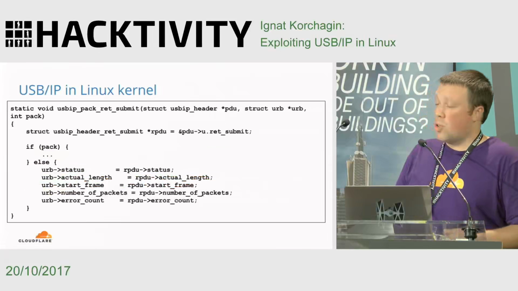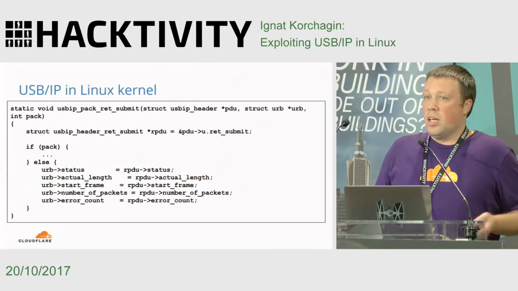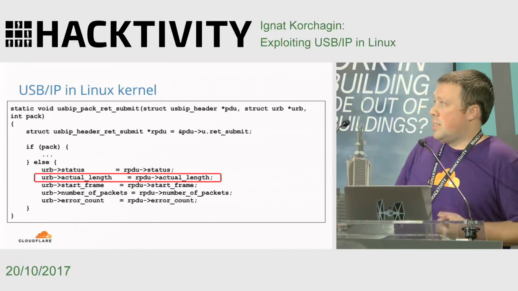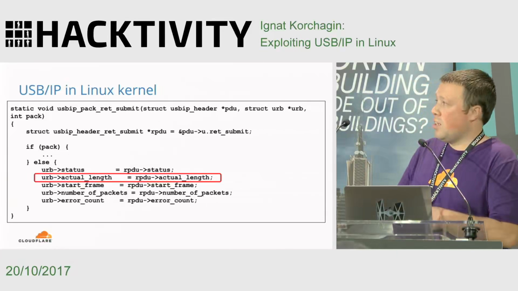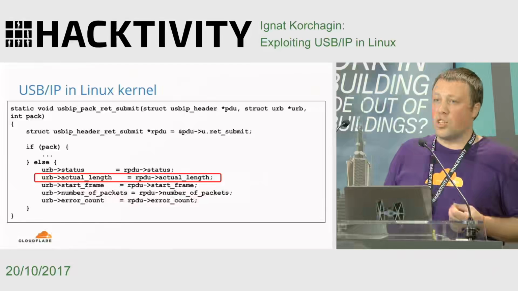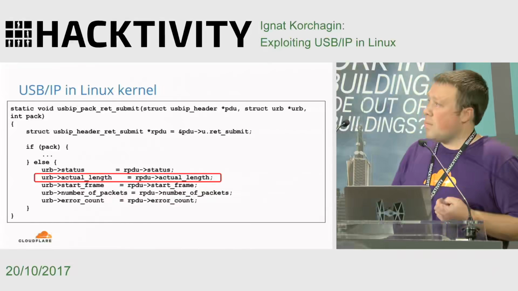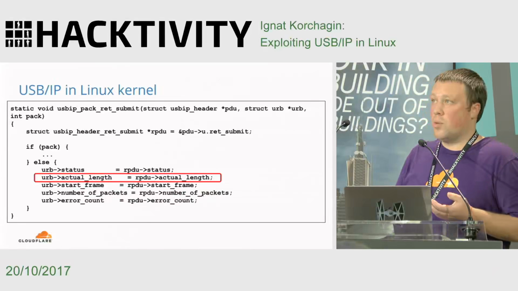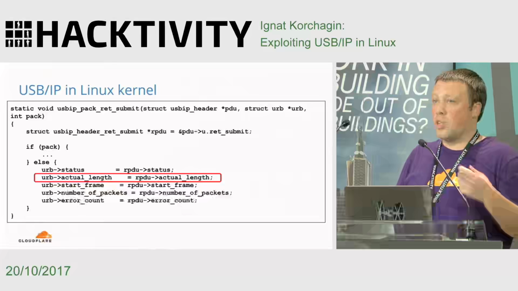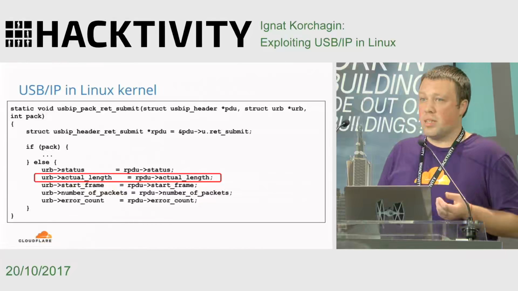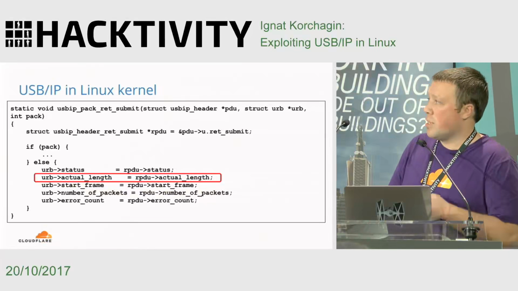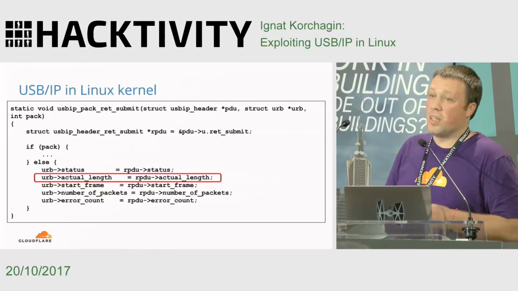If you take a closer look at the parse header stage, the code just takes what it receives in the header and initializes struct URB, which is the kernel representation of the URB in the Linux kernel. It's not USB/IP specific, it's the structure used to interoperate with the different USB subsystems in the Linux kernel. And the interesting point here is that we take this actual length and just put it in the data